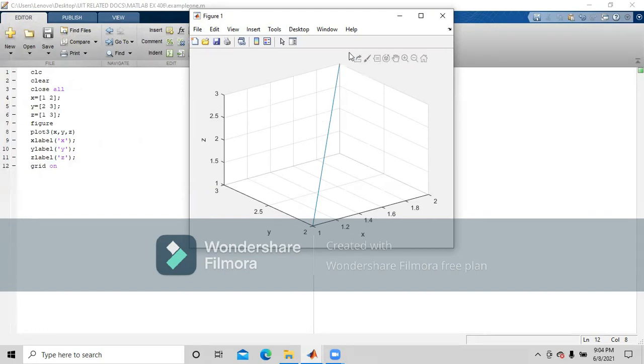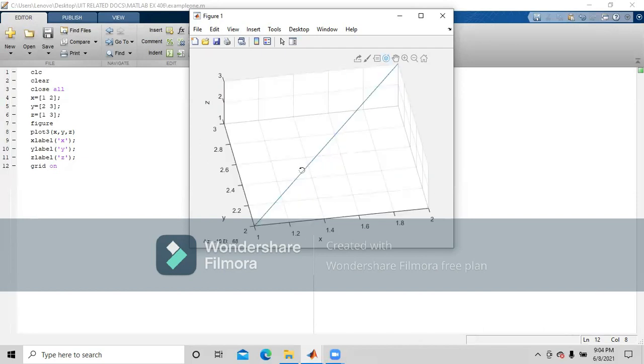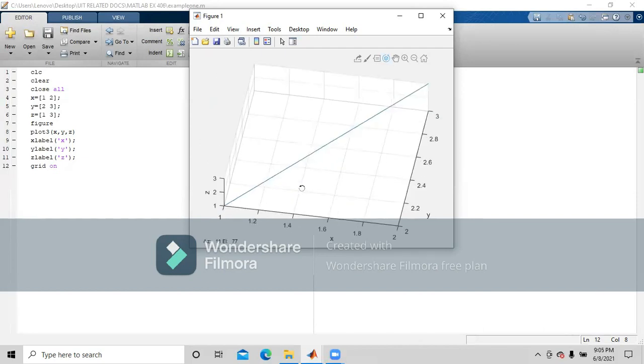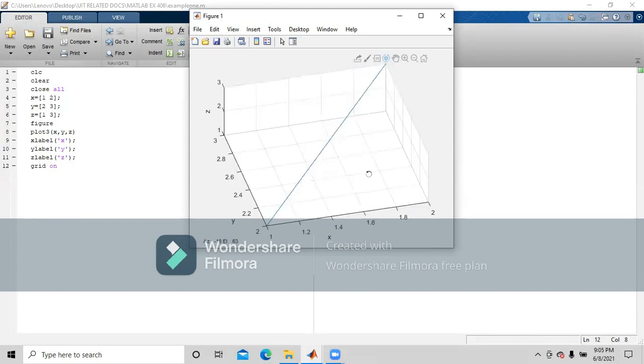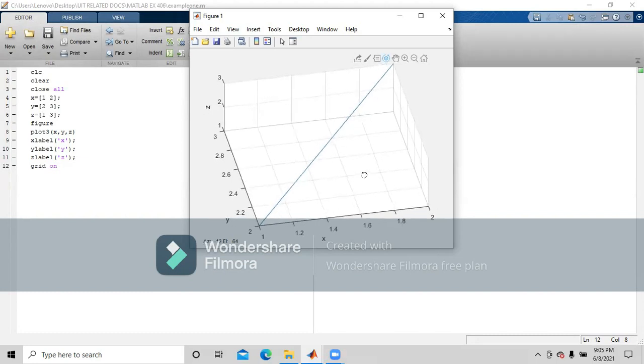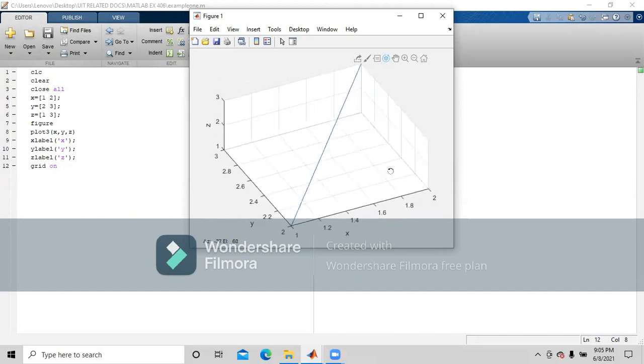As you can see, one of the very good features of this 3D plotting is that we can even rotate and see how it is going to look from different azimuths and elevations. Okay, so as you can see, here there are AZ and EL shown in the downside, and this is varying.